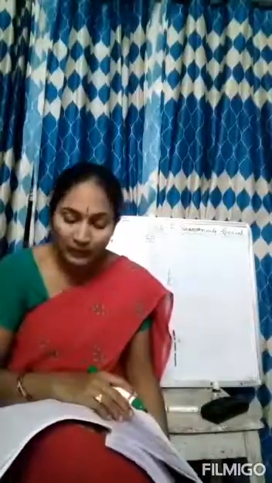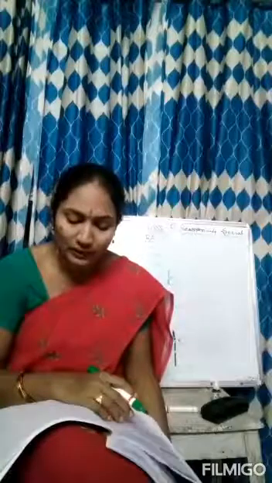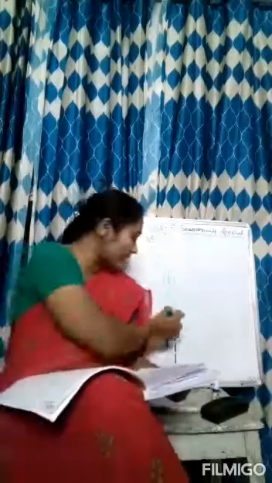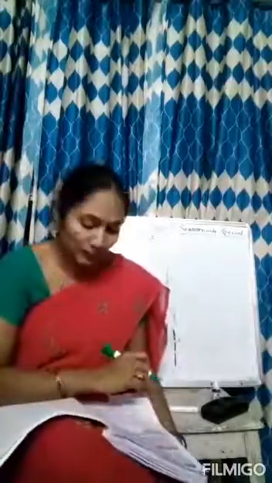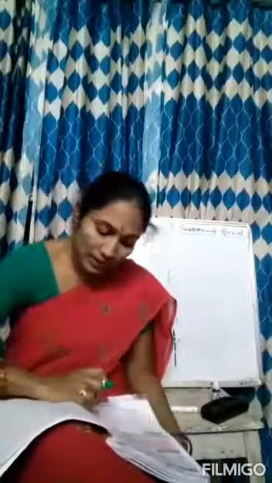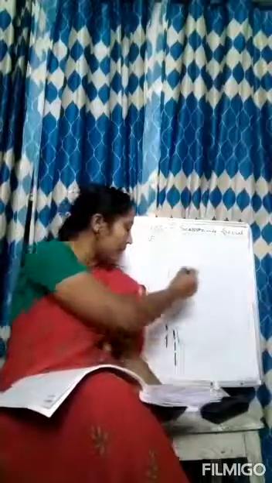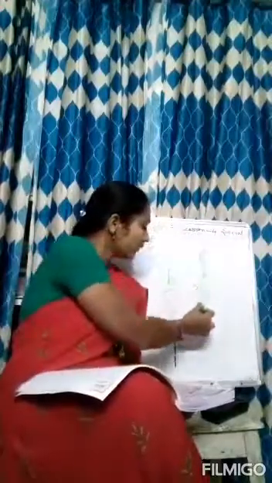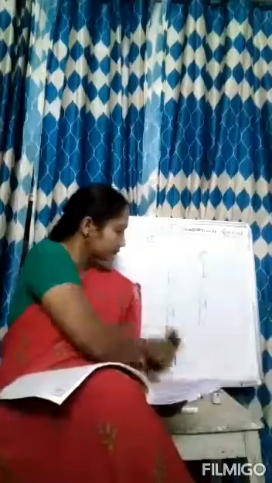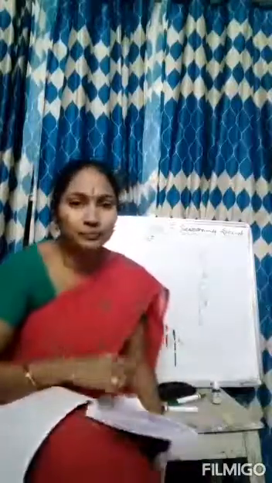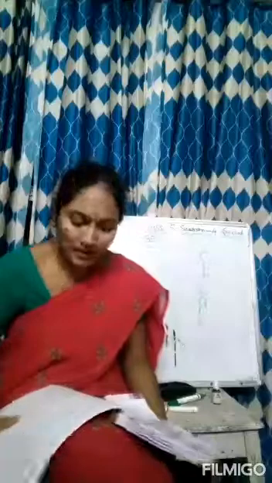Next. The continent with hardly any human life on it. Antarctica. C. What is the answer? Antarctica, C. The equator is numbered 0. That answer is A. C, B, C, A. Next, the largest country is Russia. B. C, B, C, A, B. These are the answers for the second bit, choose the right answer.